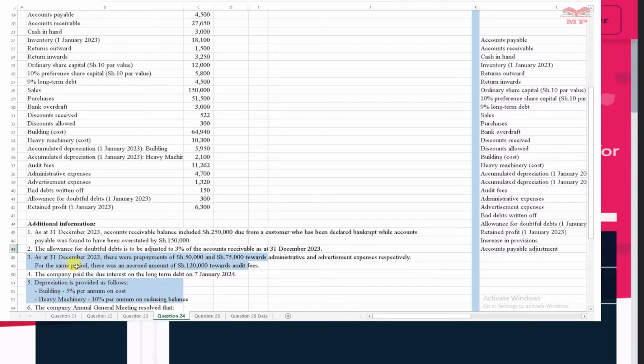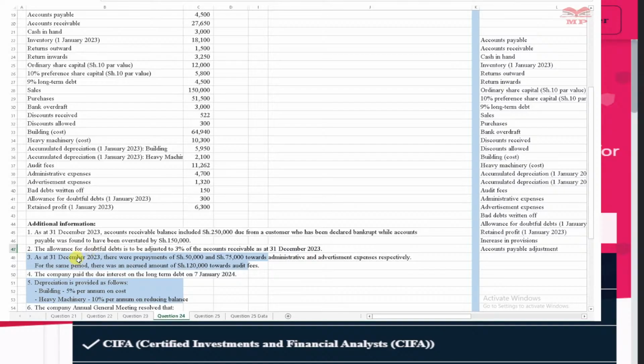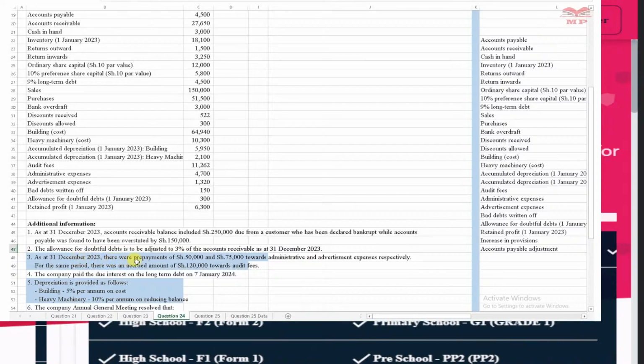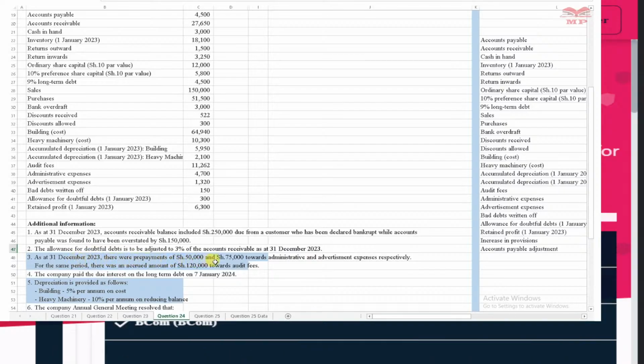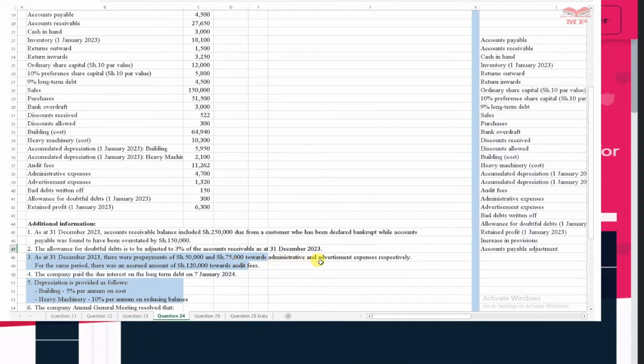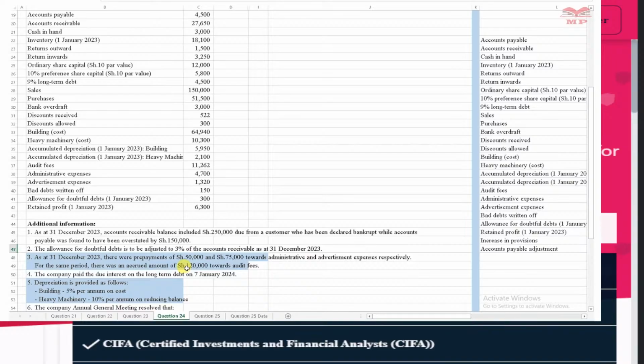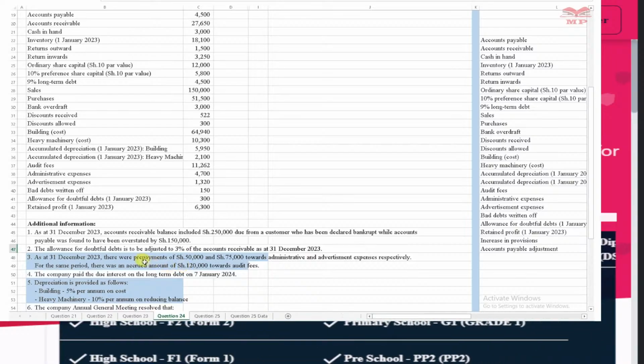We are saying that on the 31st, the prepayments were 150 and 175 towards administrative expenses and advertisement expenses respectively. For the same period, there was an accrued amount of 120,000. So we are saying that the accounts payable adjustment,